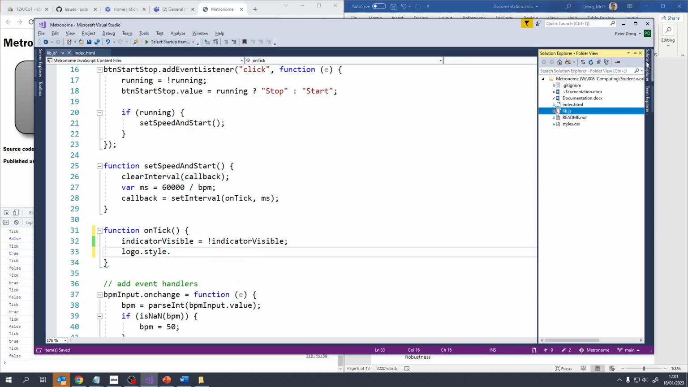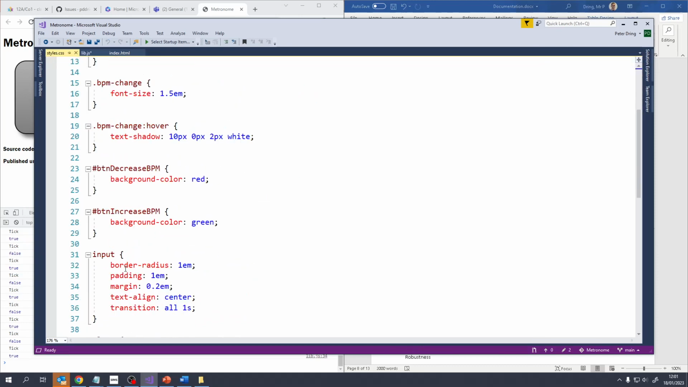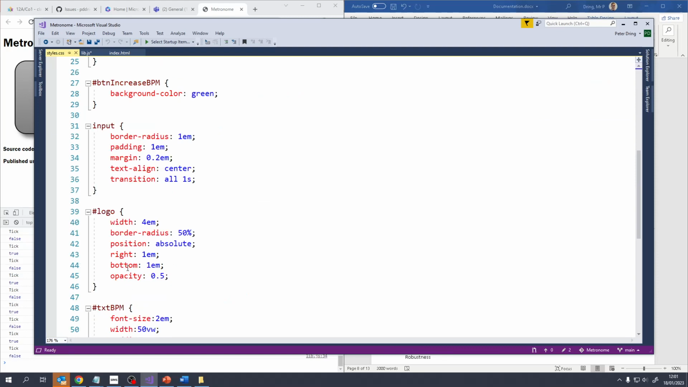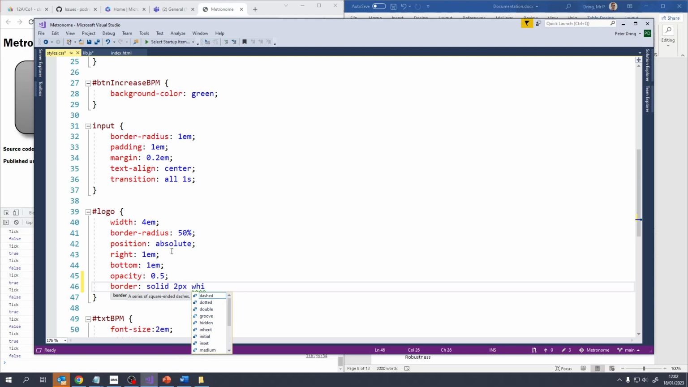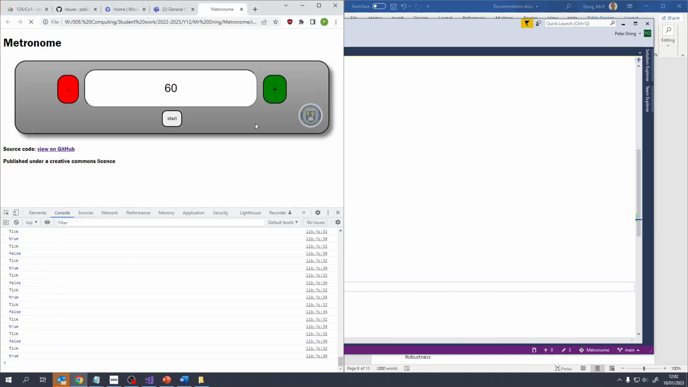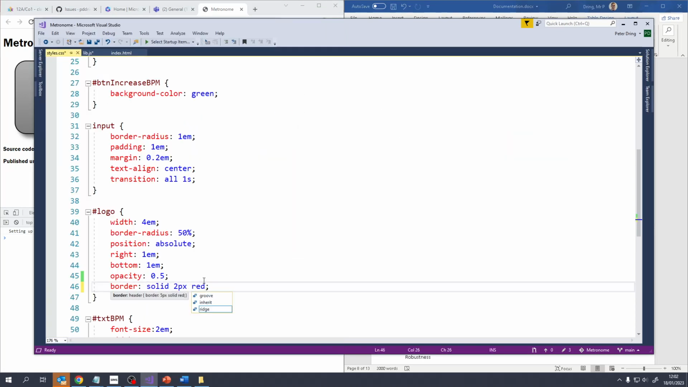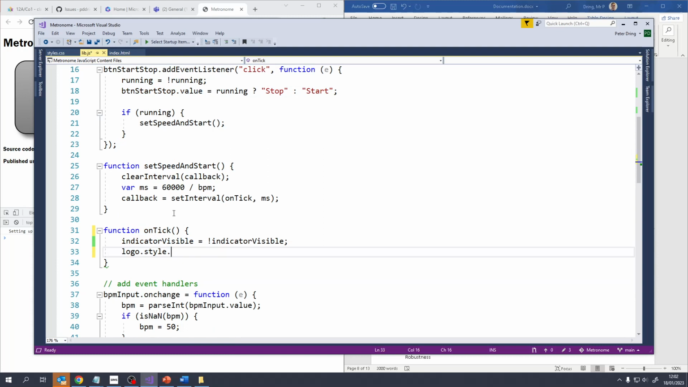So what have we got in CSS for the logo? Have I got a border color? Don't think I have. Let's have a look. If I put a white border around the edge, then I should be able to toggle that different colours. So I want either white or red. There we go. If I make it white by default, then in JavaScript, if I say style.borderColor,